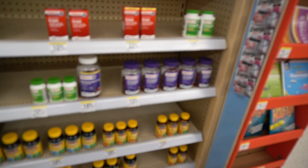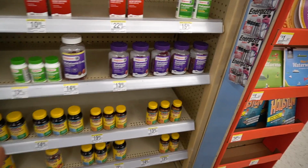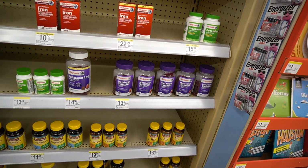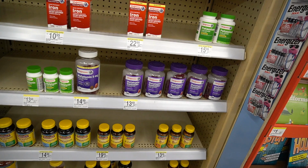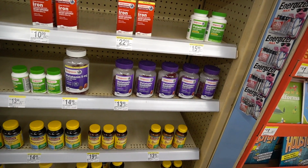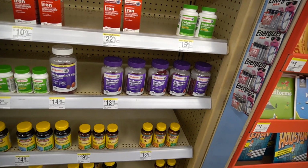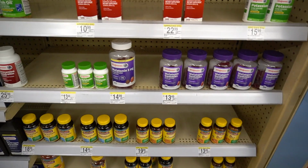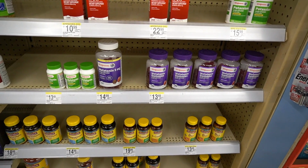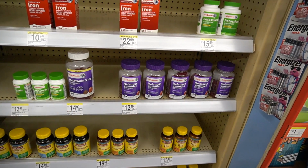Melatonin gummies, they are a menace because, first of all, melatonin, you gotta be careful with it. It's great in situations where you have disruption in circadian rhythm as it relates to swing shift. There are other conditions and scenarios where it can be beneficial, but you have to be careful because it is a dietary supplement. They're not regulated like drugs are, so there's a lot of heterogeneity out there in terms of melatonin supplements,